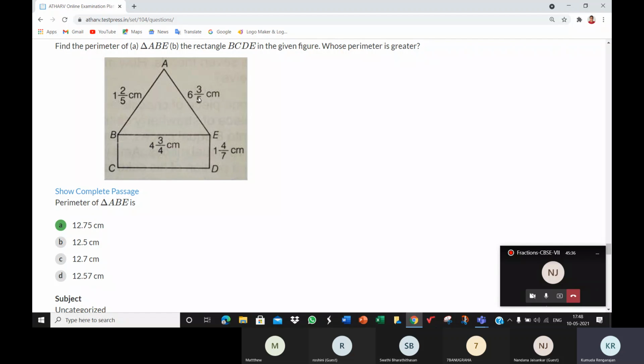Addition, subtraction, and identifying which fraction is greater or lesser. So only if we are thorough with this can we go to the next level. We must not have any doubts here. If we still have a doubt as to how to add, how to subtract, how to take LCM, how to convert a mixed fraction to an improper fraction, such small things, we must be very clear. Then you can understand one big thing.